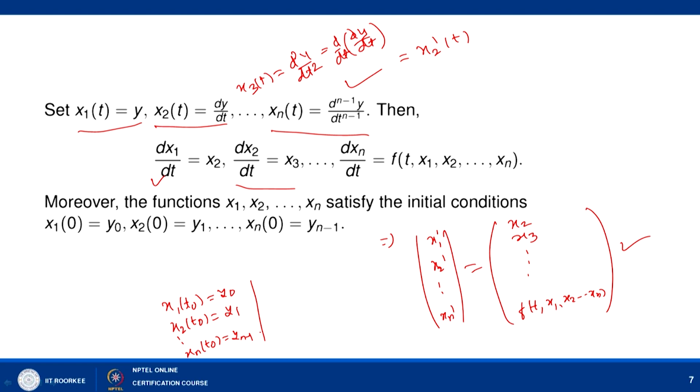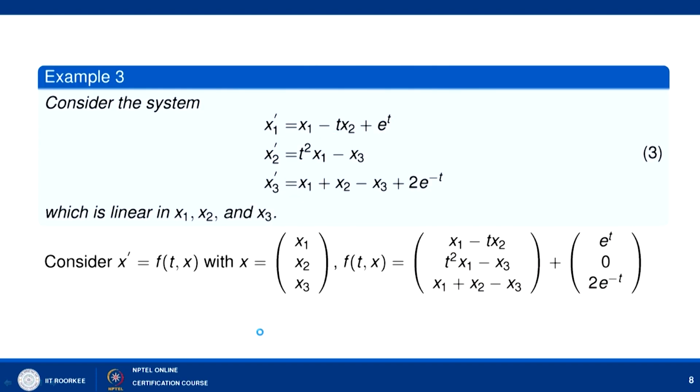So, it means that this example gives us the idea that every nth order ordinary differential equation can be reduced to a system of first order differential equations in the way which we have just discussed. Now, moving on to example 3, and here we consider this system